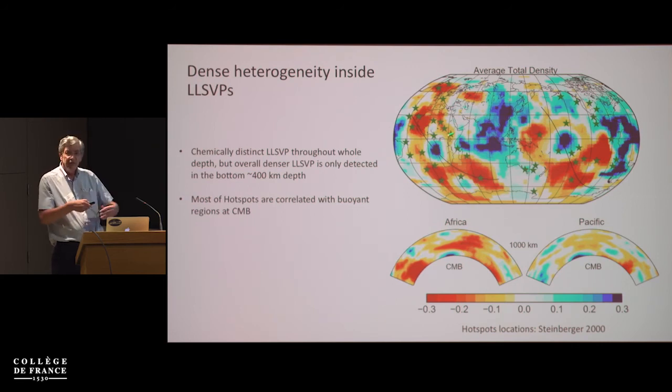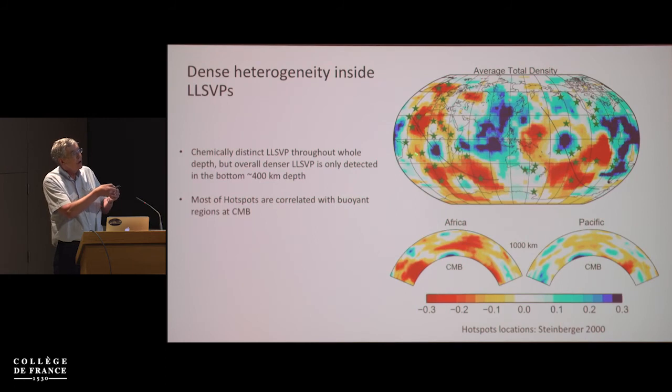So looking in a little more detail at the bottom of the mantle, the chemical anomalies somehow in the LLSVPs do not encompass the entire LLSVPs. They're more in the center with a lot of buoyant material around the LLSVPs. So I should say what you're seeing in this picture is the average total density. And by average, we averaged the four different viscosity models that looked fairly similar to come up with this picture of density down at the base of the mantle. The stars here are hotspot locations, and they do seem to locate above the buoyant parts of the LLSVP